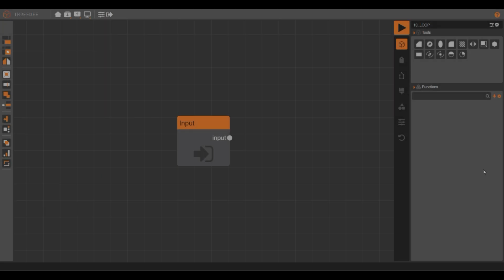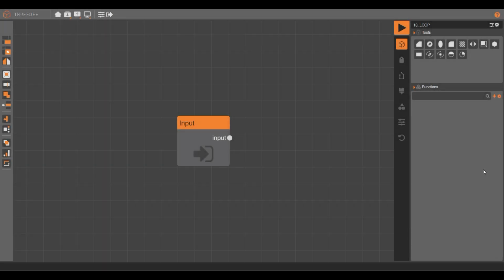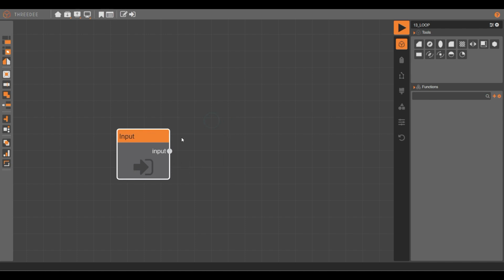Hello. In this lesson, we will be talking about the loop instruction of 3D that permits to make loops, cycles like any other programming language. And now this is how it works. Let's start